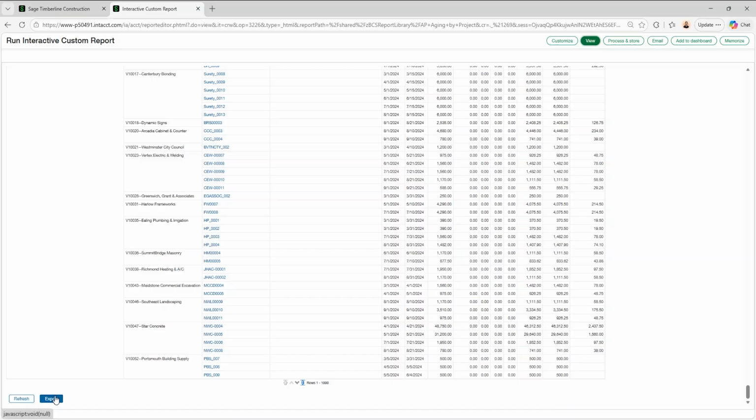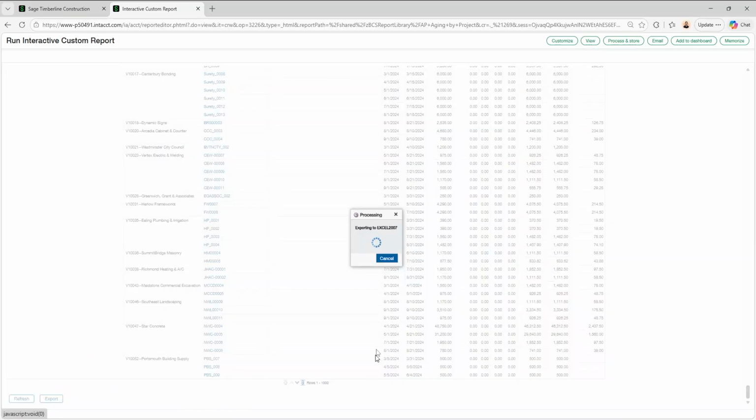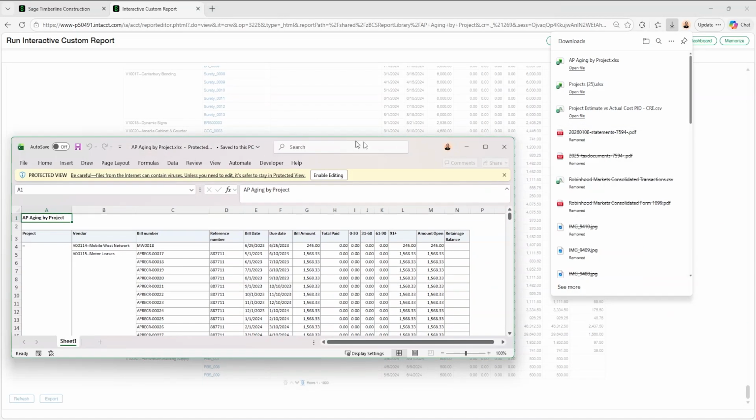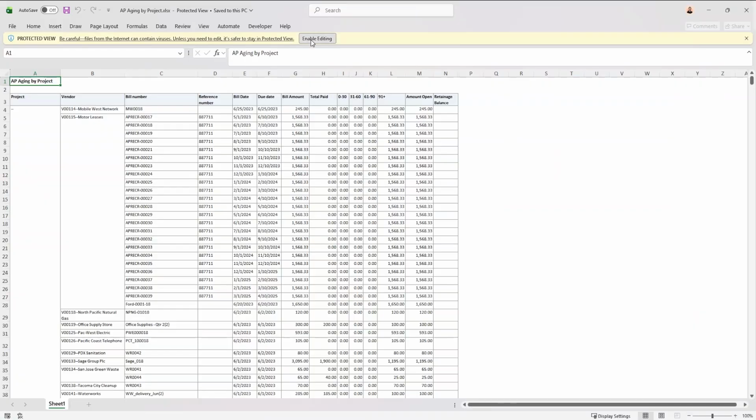But if I go to put it in Excel, choose formatted in Excel, the report isn't so easy to play with.